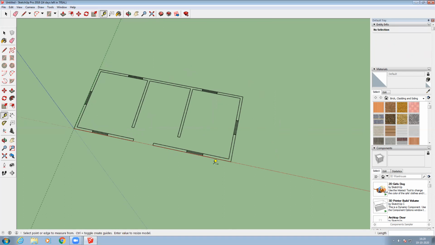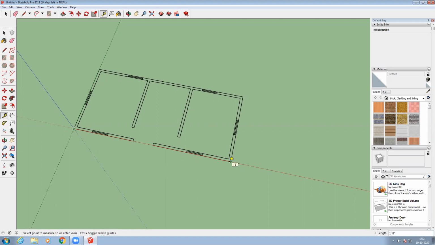When I change this, the dimension will also change. So how to change? Just Control, and click over here, and again you can click over here. You can see previously we had taken the image, so we didn't get any green point, because it is an image, not a line or an edge point, we can't get it over there. But here you can see when I move the cursor to the end, I can get that green point, right? So just click on that, and then you can provide the dimension.